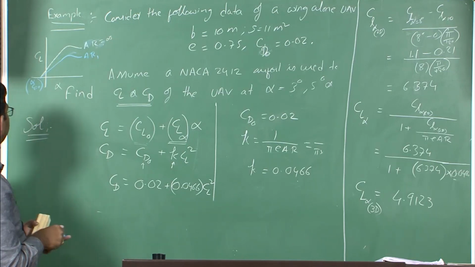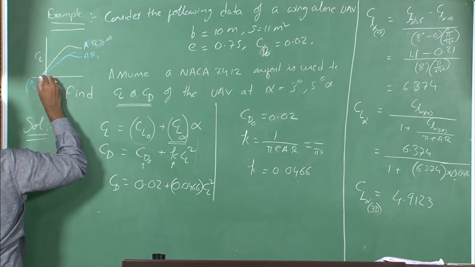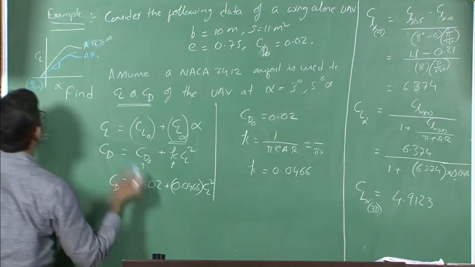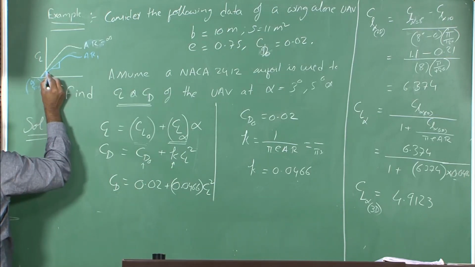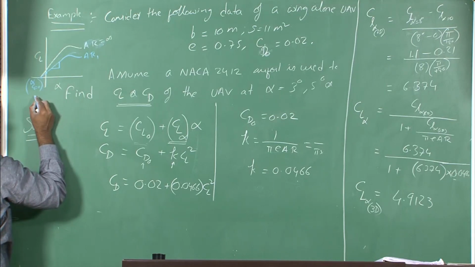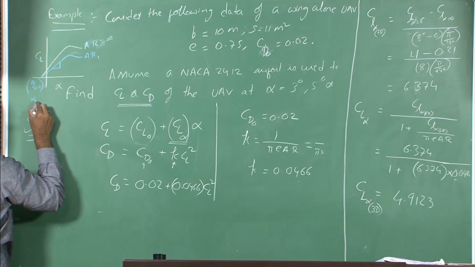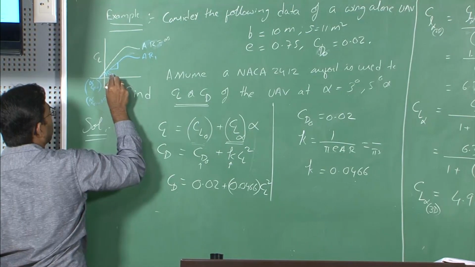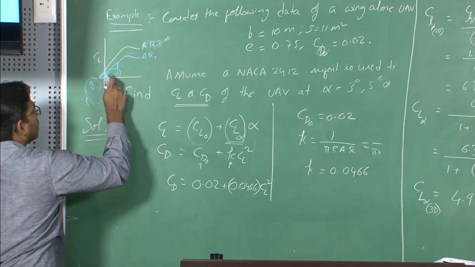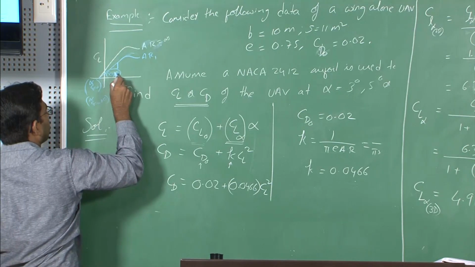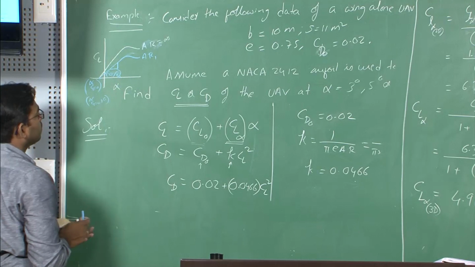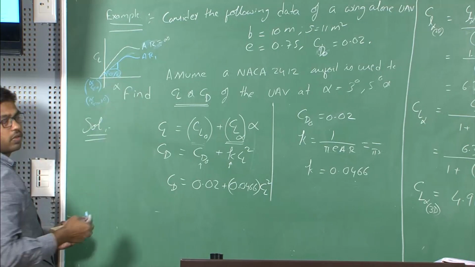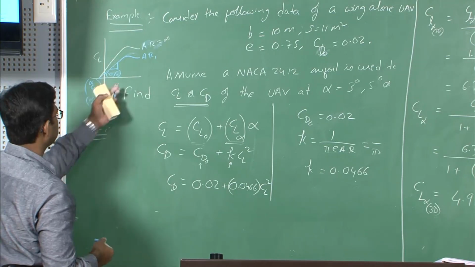Okay. Now with this assumption, we know what CL alpha of this curve is. So we have CL alpha 3D, and we need to find this point. This particular point is where CL is equal to 0, and this particular point is alpha equals 0 comma CL naught. So you have 2 points and you know the slope; if you don't know one of the points here, you can straight away find this CL naught, right.